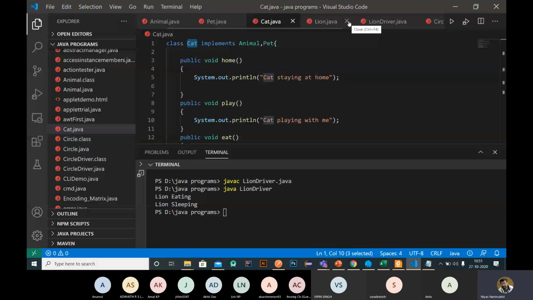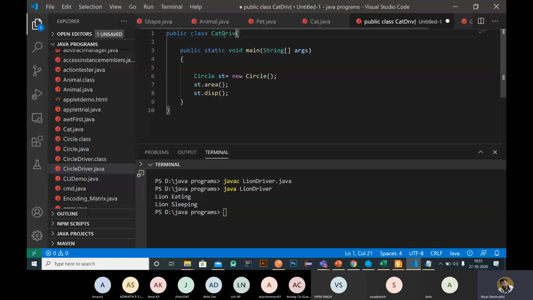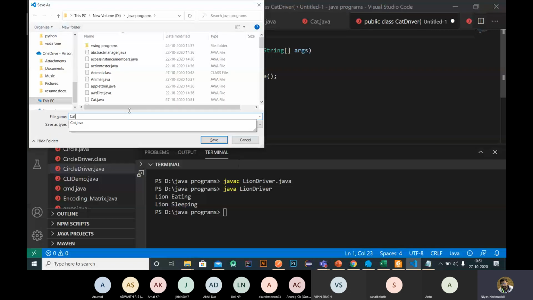So now I'm going to create another class, CatDriver, to create an object of this cat. Copy this one. CatDriver. Okay, just create CatDriver.java.